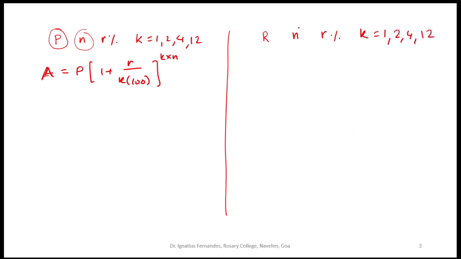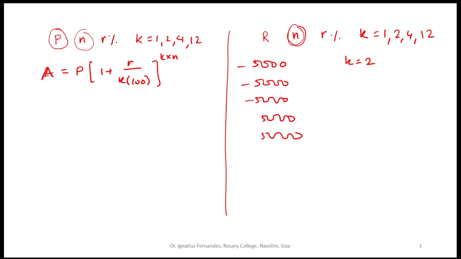That means if it is, say, for 5 years, and I am doing a periodic payment of say 5,000, if I am doing it annually, every year I will be paying 5,000: first year, second year, third year, fourth year, fifth year. So every year I am making a payment of 5,000, and then we calculate interest based on that and the total amount. Whereas in compound interest we have only one time investment.